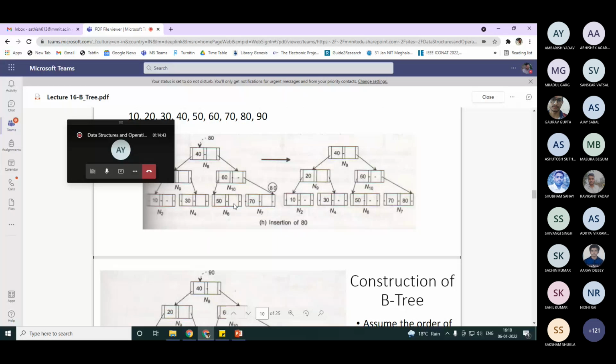That is correct only. The author of this book inserted at the right side, but this is also correct. If you had inserted here, your tree would be different. This node N7 would not be required.